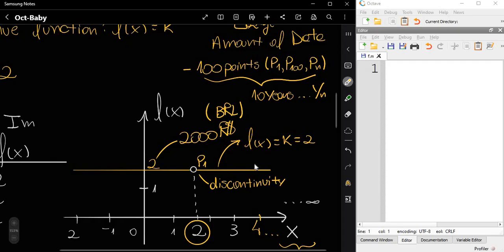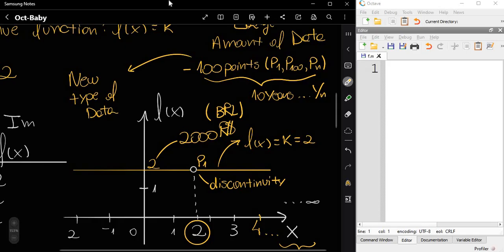So if we approach this problem this way, we create a new type of data, and we can do another type of analysis and take a conclusion.